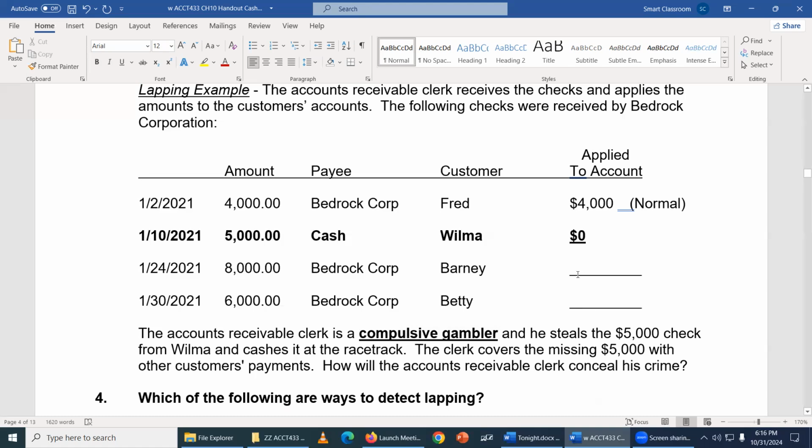What's the problem with taking the cash and not applying it to Wilma's account? There's no credit for Wilma. She's going to get a statement saying that you owe $5,000, and Wilma's going to say, no, no, no, I sent in a check. So now the accounts receivable clerk has to get to work. Okay, gets a check for $8,000 from Barney. Now we've got to get Wilma off our back. We don't need all 8,000, but we're going to take $5,000 of this check and